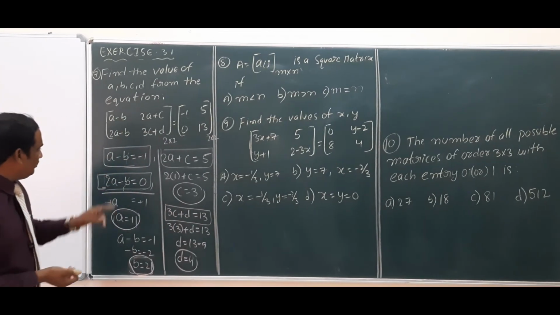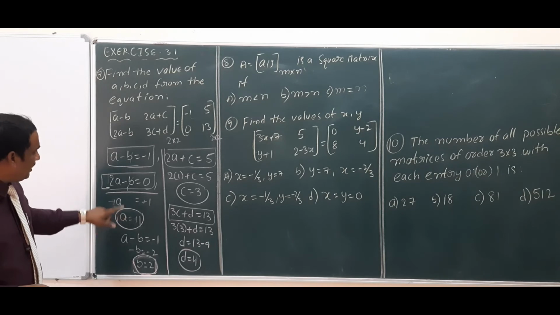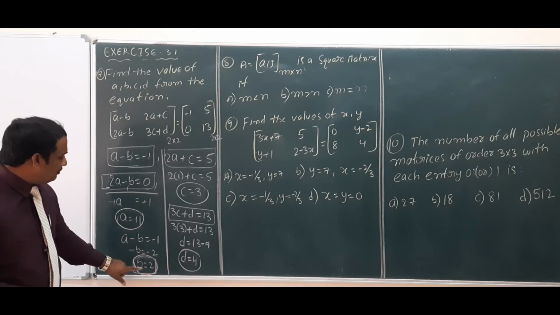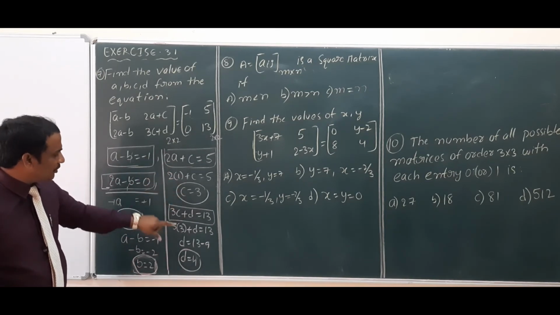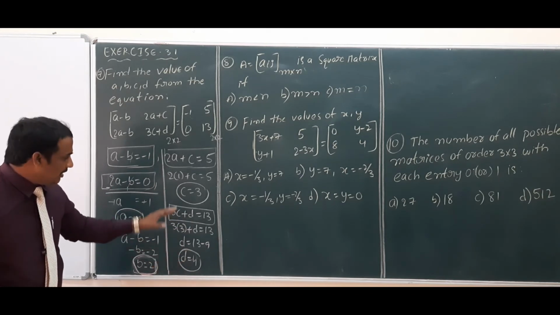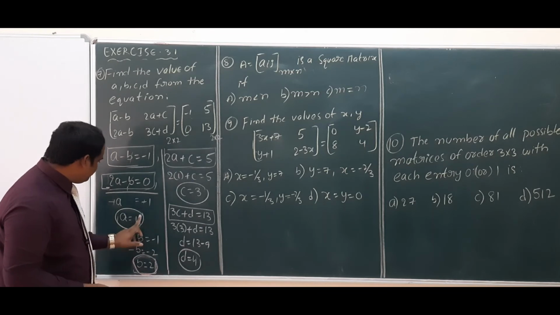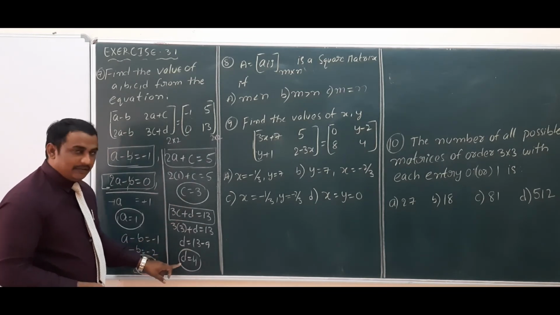Now you can solve equation 1 and equation 2. You will get a value. Next, the a value substituted in here will give the b value. A value 1, b value is 2. Substitute b value in third equation to get c value. C value substituted in fourth equation gives d value. A, b, c, d, 4 values you got. A value is 1, B value is 2, C value 3, D value 4.